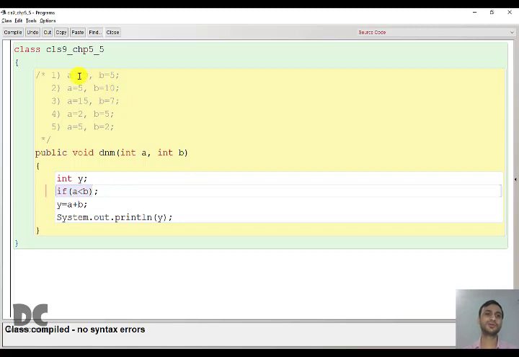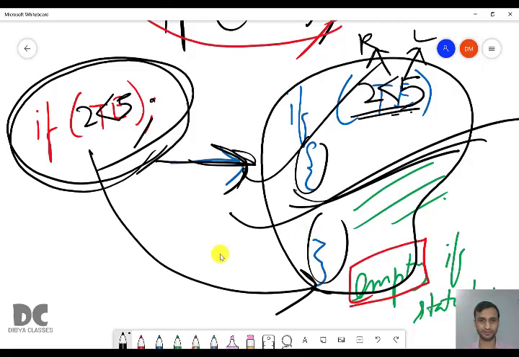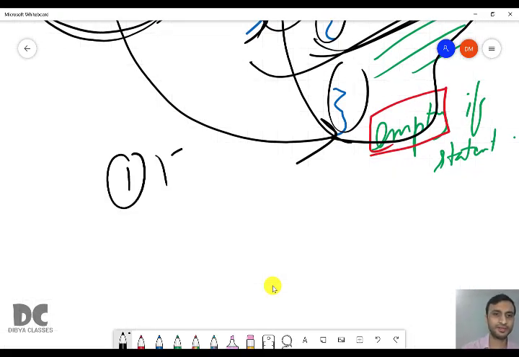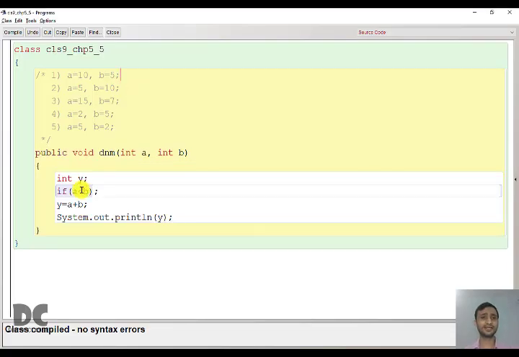Okay. So if value of A is 10 and B is 5, this will become false. Even if it is false, nothing is going to happen. The statement ends here. This goes to statement X. So it will come to statement X, it will add and print. So you'll get the answer as 15. 10 plus 5, it is 15. Next case, it is coming true. 5 less than 10, it is true. It will go inside. But this if statement is empty. So nothing will happen. It will come to statement X, it will add.